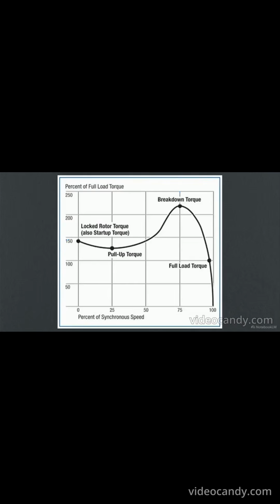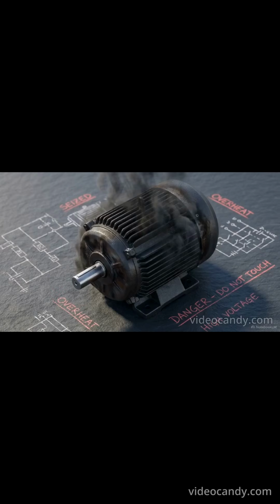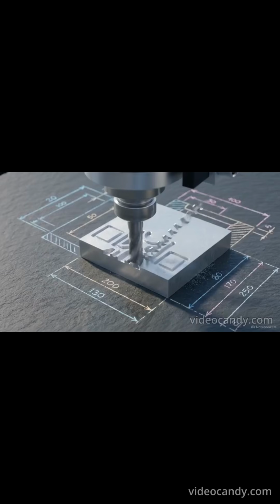This torque speed curve maps a motor's physical limits. Starting at locked rotor torque, the brute force when first energized, it rises to breakdown torque, the maximum force before stalling. Normal operation is this steep drop-off, achieving full load torque with minimal slip. Operating outside of this narrow window will lead to either a mechanical stall or a rapid failure of the motor's